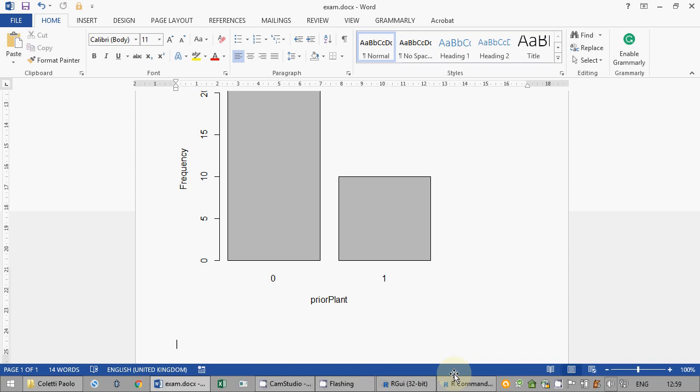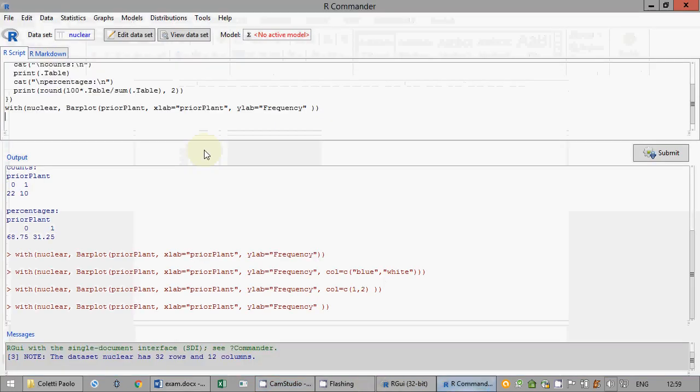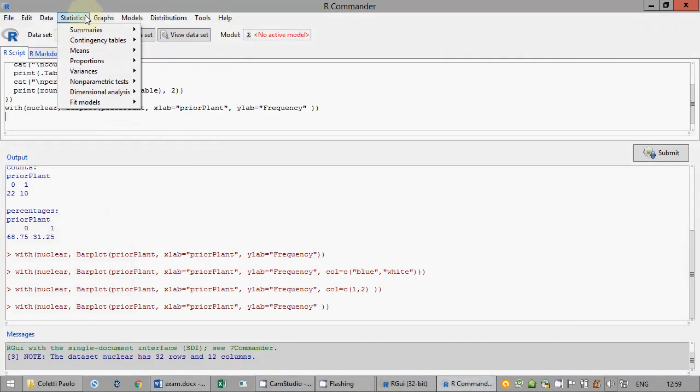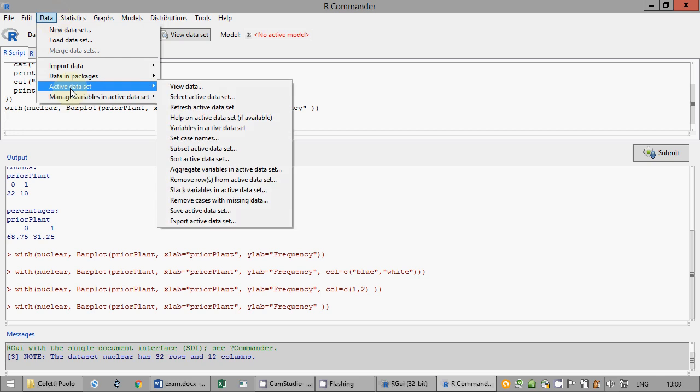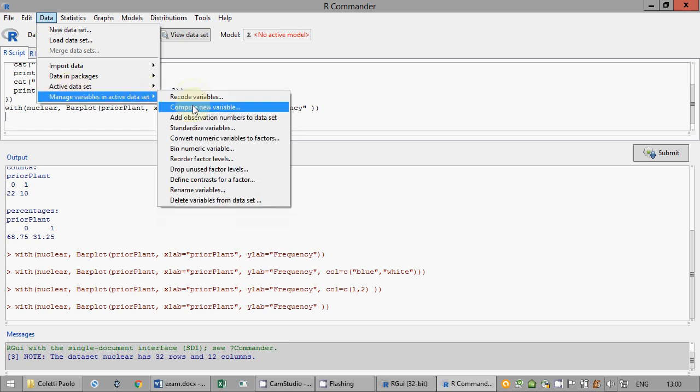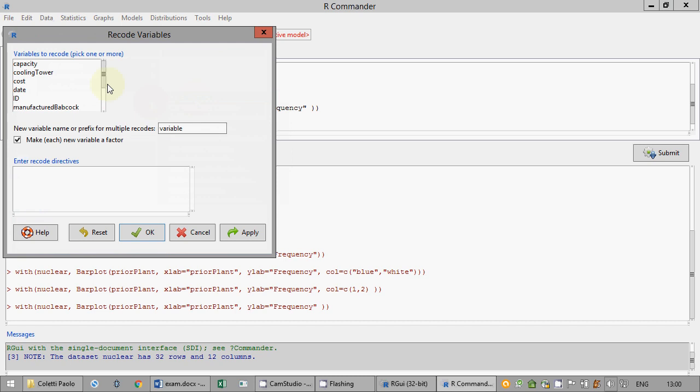Convert variable same engineer to ordered factor same engineer 2 using 1 to 3 as few, 4 to 9 as some, 10 to 15 as many, and above 15 as much. Okay. So the command: Data, Active data set, Manage variables in the active data set, Recode variable, same engineer,